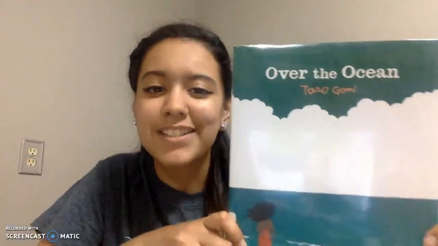Over the Ocean by Taro Gomi. The book takes place in an unknown location along a shore. It's just about a girl who stands at a shore and overlooks the ocean and is curious as to what's